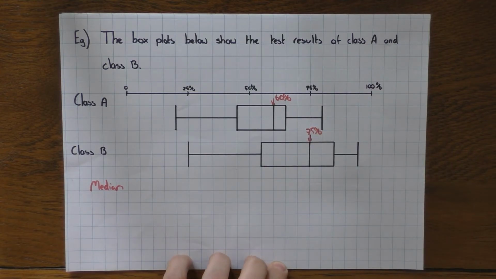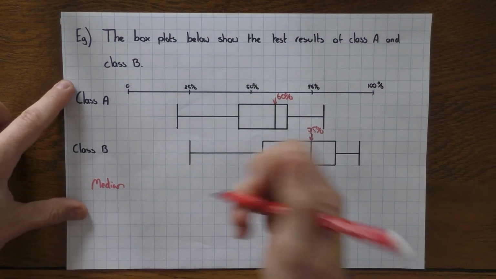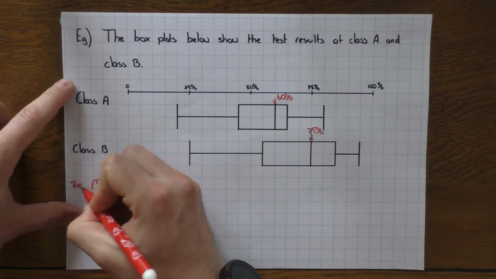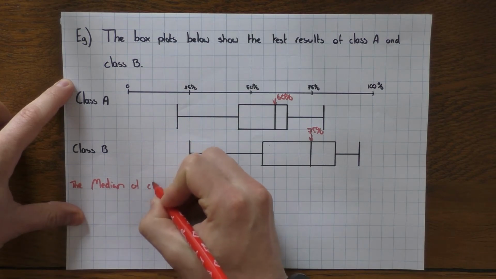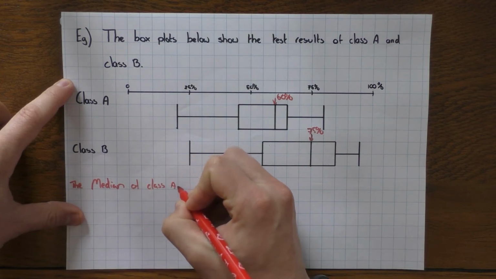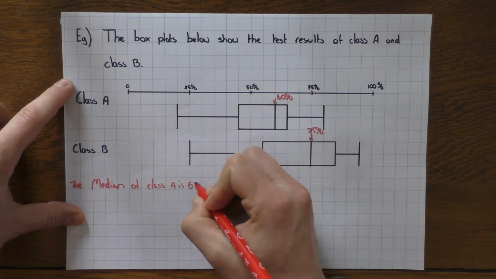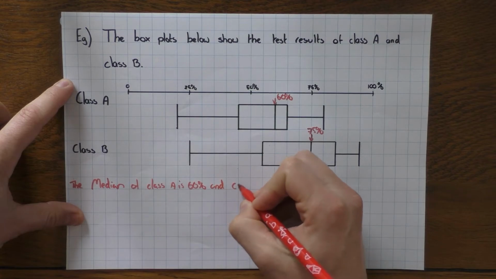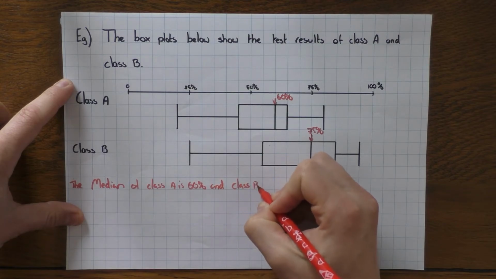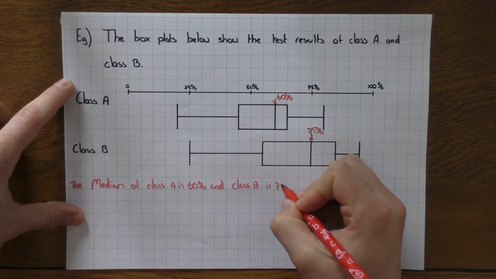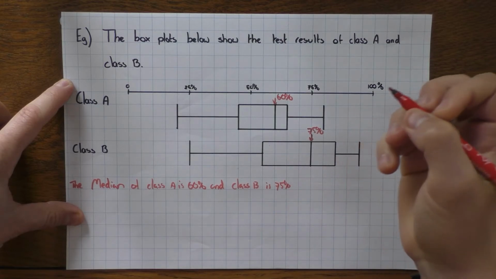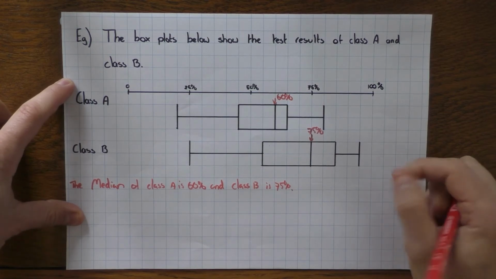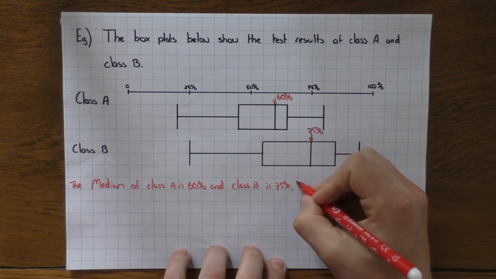You'd compare the medians. So the first point that you'd make is you'd say the median of Class A is 60%, and Class B is 75%. So the median of Class A is 60% and Class B is 75%. So that's the fact. You've got the data from there. So I'll make a comment about it. Therefore,